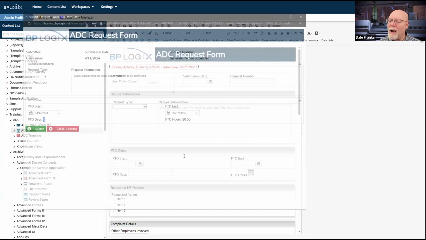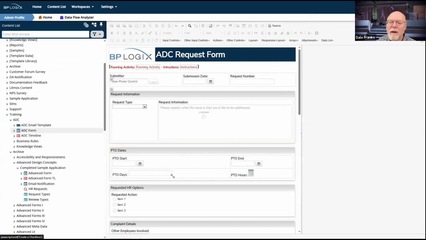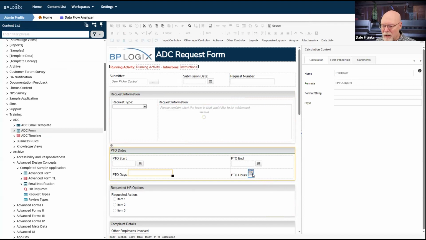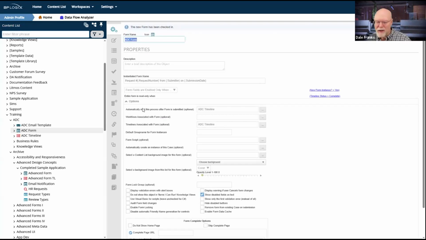So let's go back and see what happened there. I technically didn't have to save there since I just updated it, but actually, there's something else I have to do here. By default, calculation fields expect to show up in dollars. We got to fix that. So we don't want that format to be dollars. But we'll have to do that in a second after we fix this. I was really hoping to get the form stuff done a lot faster today, so we could jump into the meat of the process timeline. Okay, there we go. Finally, we saved.